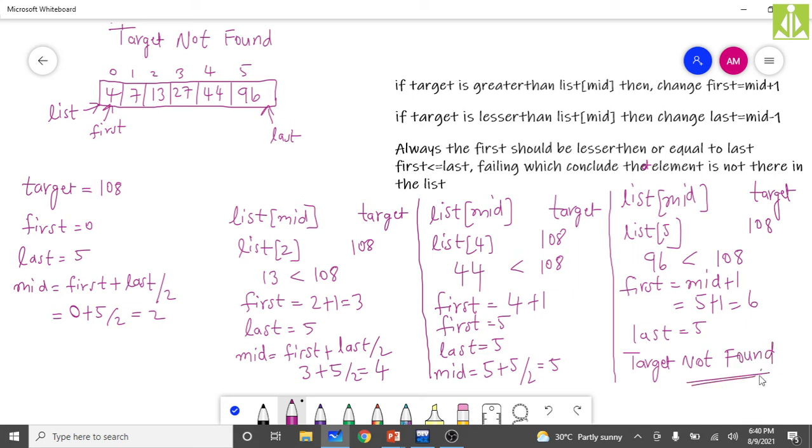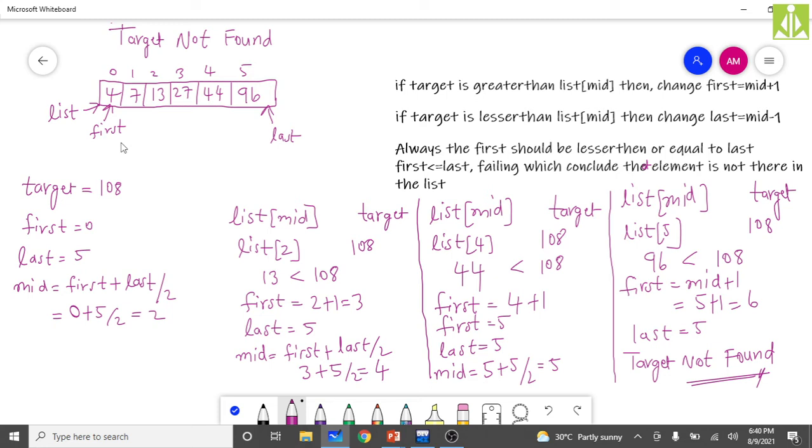By seeing, we can say it, but the computer will do all these steps before concluding that the target is not found. So this is the binary search concept, how it works before finding the target in your system, or concluding that the target is not present.